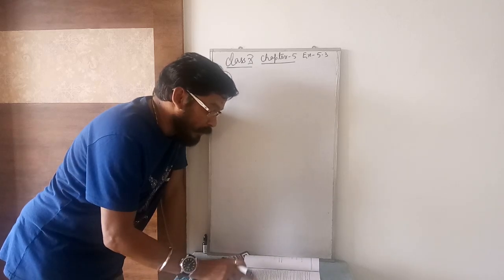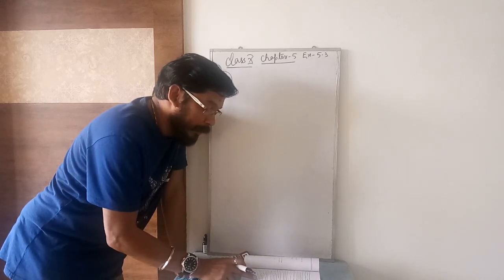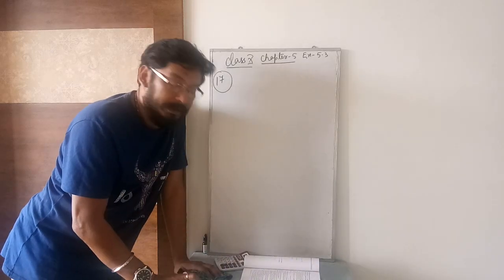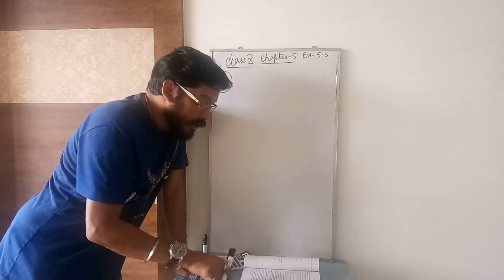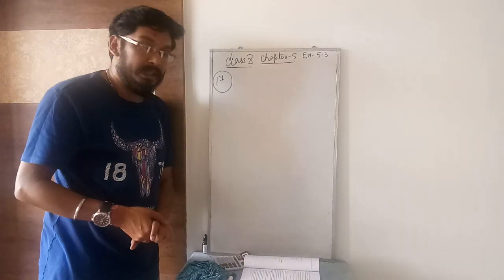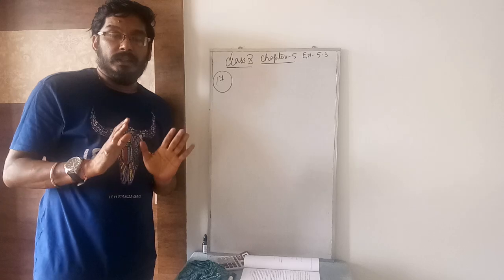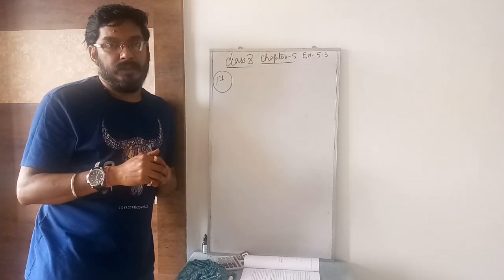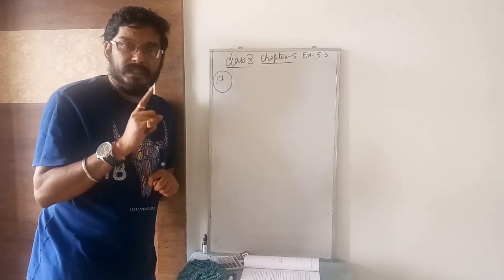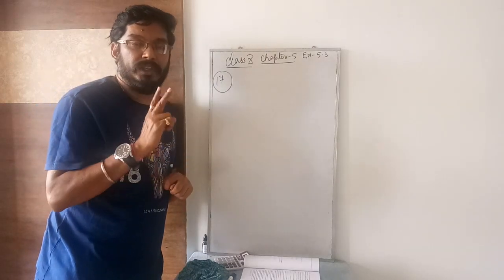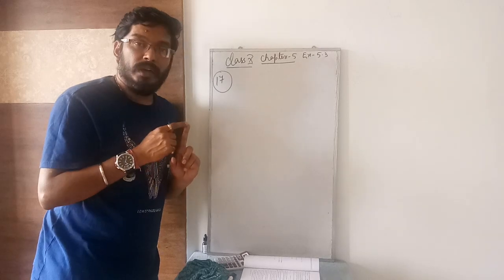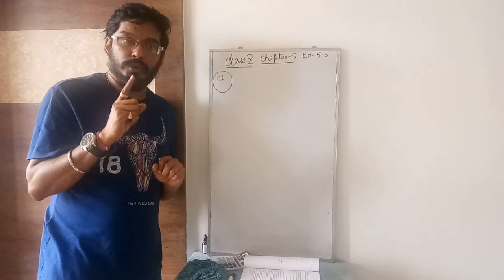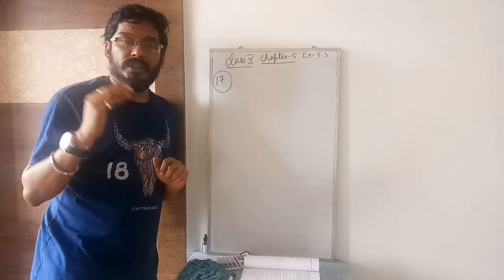Example, a section of class 1 will plant 1 tree, a section of class 2 will plant 2 trees, and so on till class 12. Means 1 to 12 record will be taken. There are 3 sections of each class. How many trees will be planted by their students? So I repeat again, there are 12 classes from class 1 to class 12, and each class has 3 sections. Class 1, per section will plant 1 tree. That means 3 sections, 3 trees. So class 1 will plant 3 trees. Class 2, each section 2, there are 3 sections, 6. So in this way we will continue.